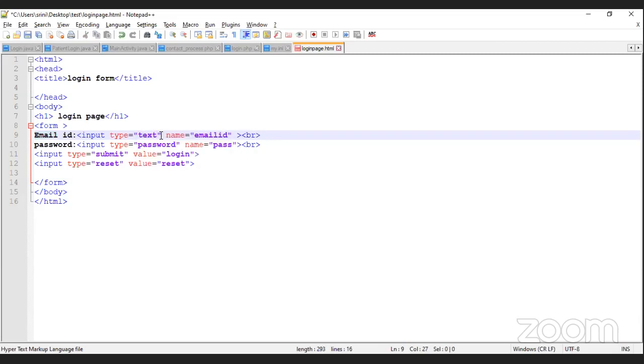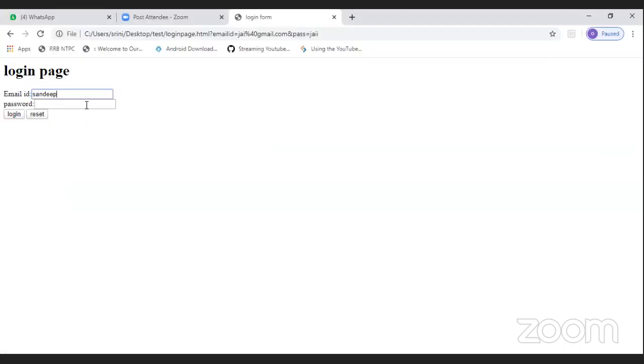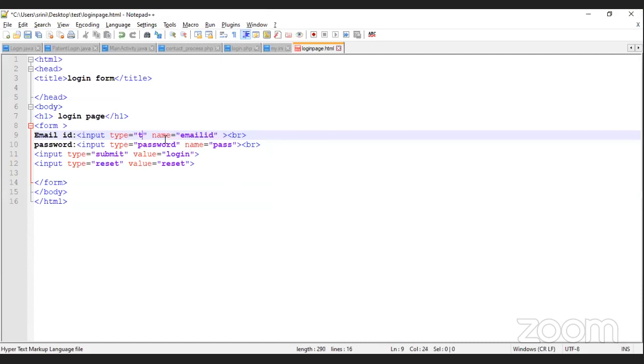If you take text, not a problem. Now it will be okay with this screen. But whenever you mention that this is an email, the email must and should